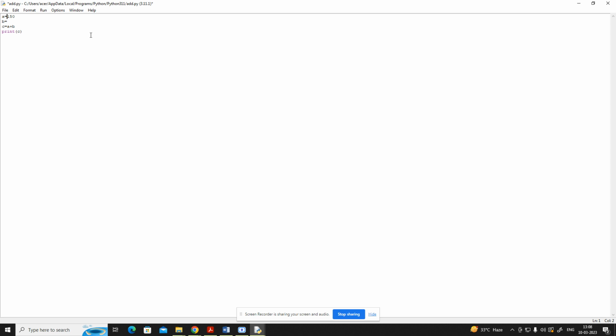Now I want to get the answer from the user. Okay, I want that user will give value to us and we will add those values and give the answer to the user. Means we are taking the input from the user and give output to the user. For getting the value of A and B from the user, we write A equal to int. Means we are taking the integer value from the user